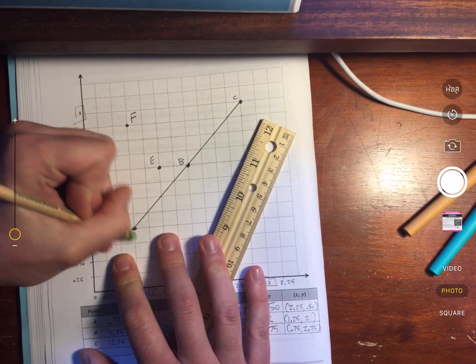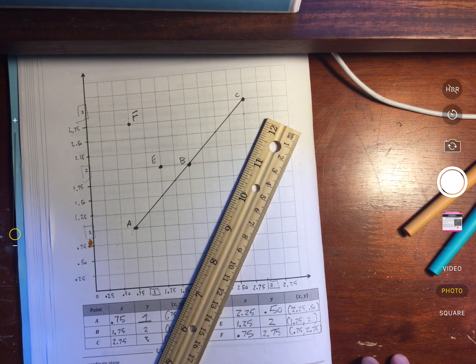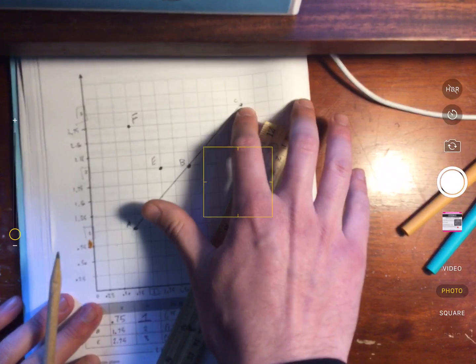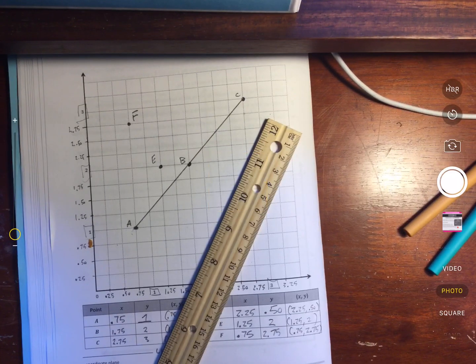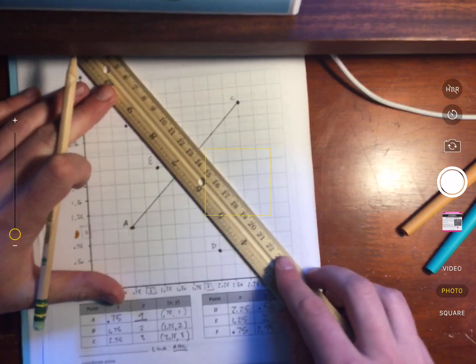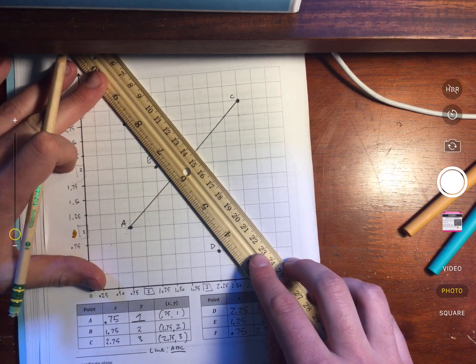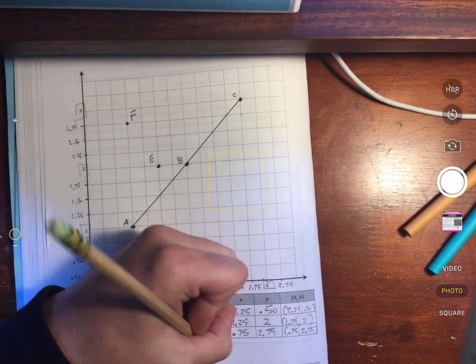So I know that my line segment from before is a line that has a definite starting point, which would be A, and a definite ending point, which would be C. Okay? All right. And then now what I'm going to do is the same for line